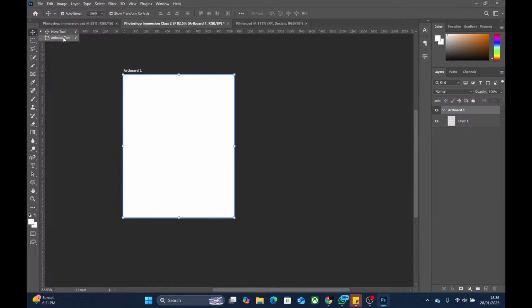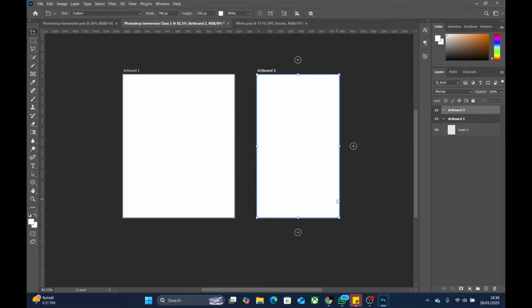If I click on it, then it becomes the artboard tool, and you can see that the icon on my mouse, please follow my mouse, I'm moving it around, it's to the right of the artboard now. I hope you can see it. The icon on my mouse has changed. It has become the artboard tool. Quickly, if I click on this screen right now and hold and drag my mouse, it will draw another artboard for me. That is the function of that tool. It can draw an artboard for you.